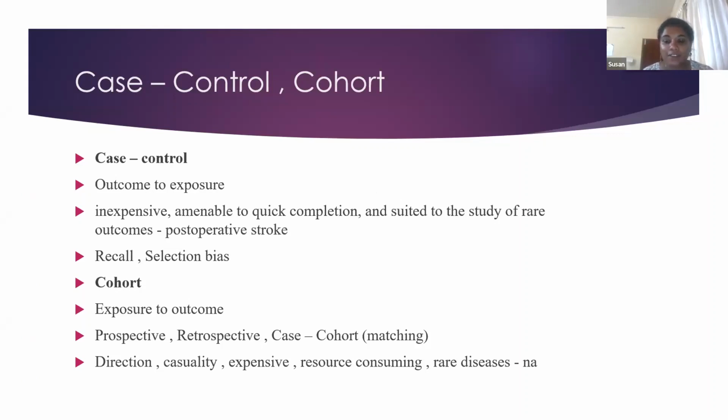So case control is, as we have to keep in mind, that we have two subsets of population in this study design. That is the cases who have the outcome. They have cancer, and the controls who do not have cancer. So when we are starting the study, we have these two outcomes. And then we are going to find out what were the factors. We will study, were they obese, or what was their dietary consumption, stress, exercise, family history.